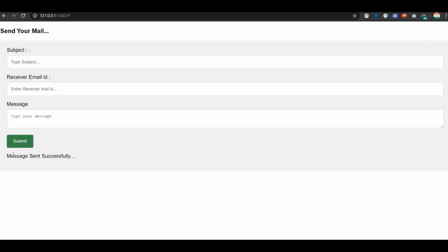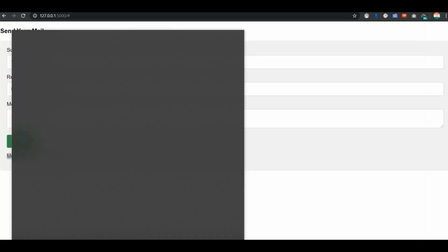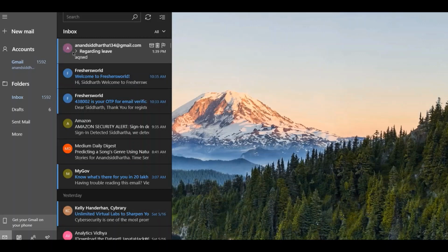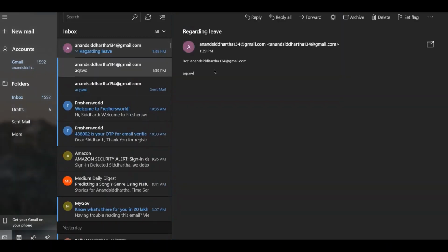So the message came here that message sent successfully. Let's verify the same. So I will open my mail again, and here you can see that the message came. So this is the same message, giving the subject regarding leave, and this is the message.